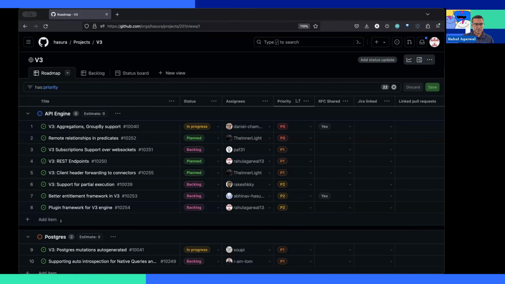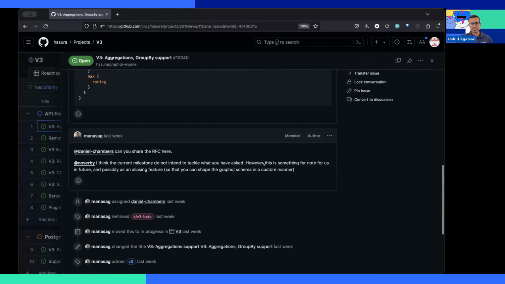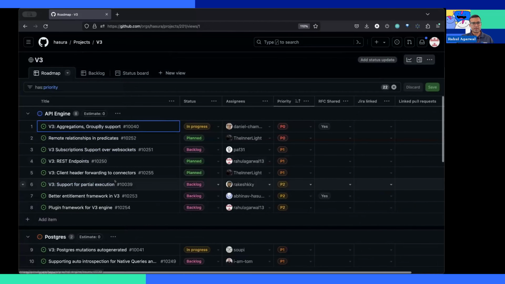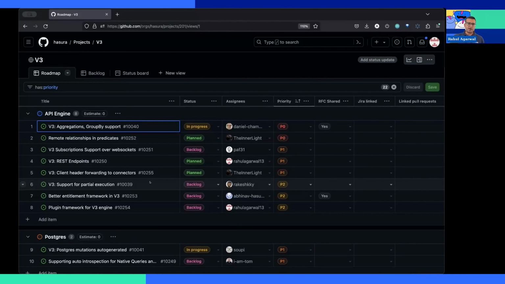Yes, and building on what Manas said, we highly recommend that you browse through these issues and engage with us with your use cases, comment, and we want to make sure that we are building in public as much as possible. And talking about API features, we do need to catch up on some of the very widely used and loved V2 features such as aggregations. And so that is something which is in progress right now. And we do have a point of view for group by, which we are thinking of adding to the aggregations API in V3. So have a watch out for that, with the thing in progress.